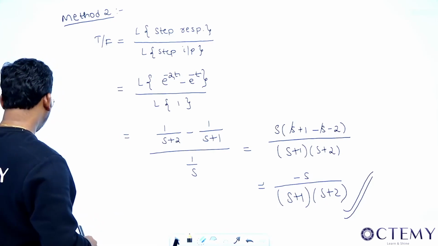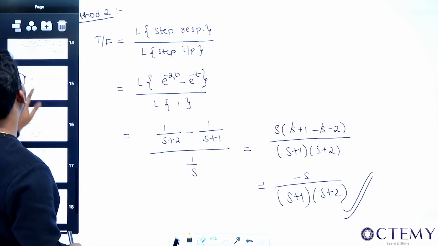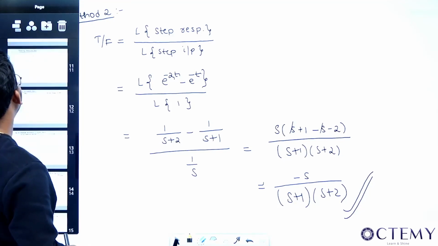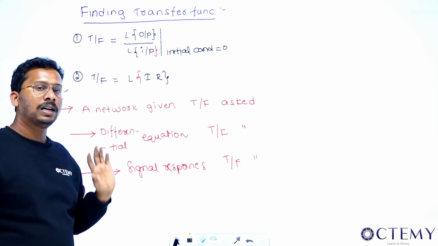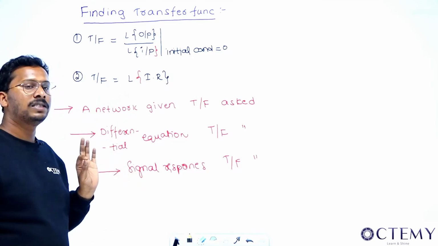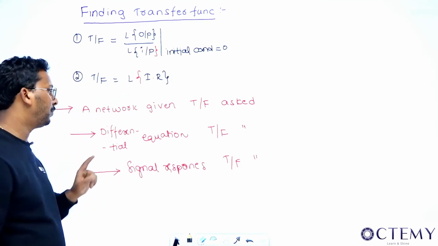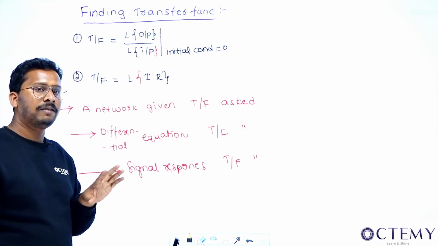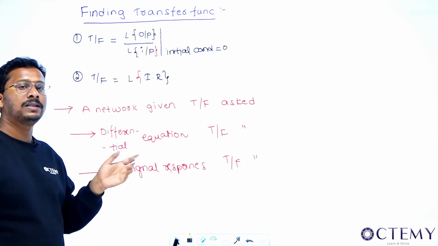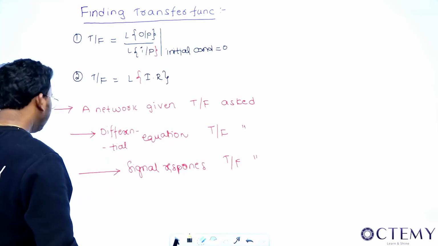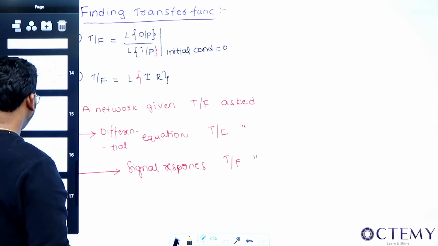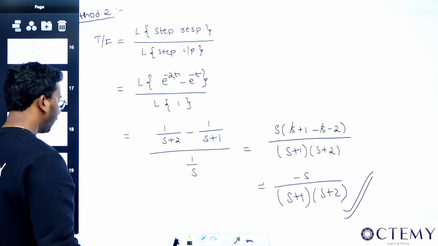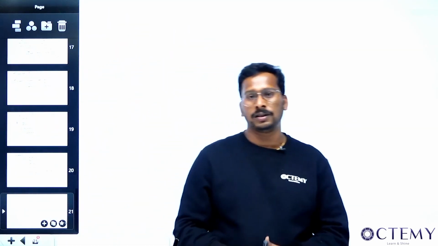Right? So these are some of the small ways in which he can ask you the question. These are 3 ways in which he can ask you the question. I have addressed everything. I have taken a network, convert it into Laplace, then whatever is the output, whatever is the input, find output by input. Or given differential equation, you do that, sir. Or step response, that also can be done. Right? So let me stop this particular lecture here, and when we meet in the next class, we will do more previous year questions on this. Right? So I'll stop this class here. Let's meet in the next class.